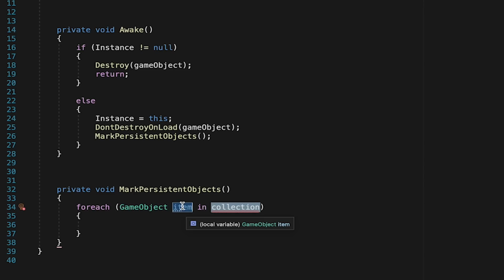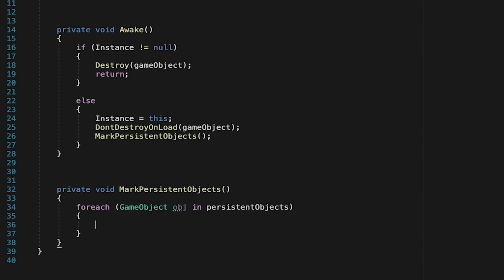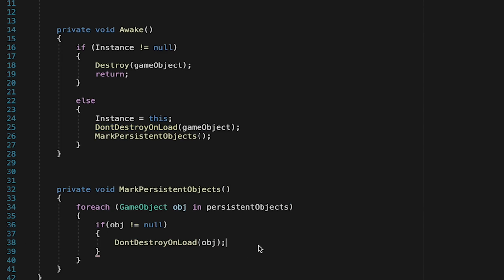And essentially this is just going to go through every game object, we'll call them object, that is in our persistent objects array. So as we loop through the array, we'll first just do a quick null check to make sure that there's actually an item on each line of the array, and if there isn't, we don't want an error, so we'll just skip this part. We'll then mark that object as don't destroy on load, which just means that when we switch scenes, it won't